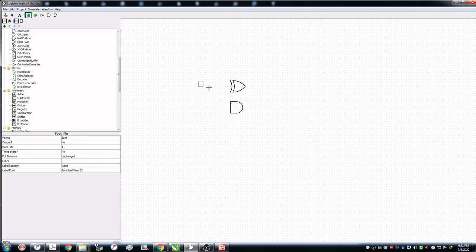First we need 2 inputs, and 2 outputs, because it is a half adder. So we require sum as well as carry.